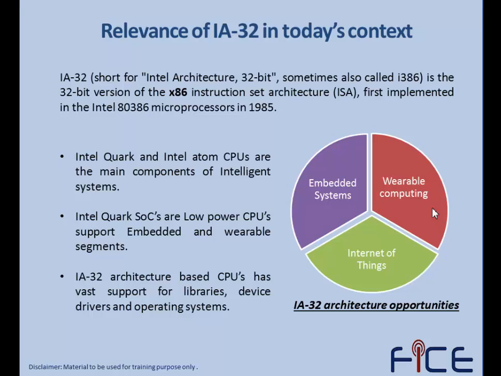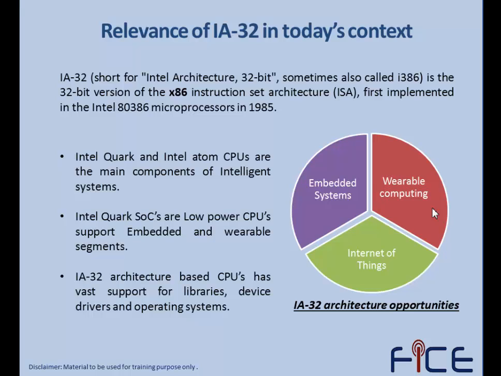There are two main processors or CPUs around IA32 architecture. One is Intel Quark and one is Intel Atom. These two are the main components of designing intelligent systems. An intelligent system can be your wearable smartwatch, any wearable computing device, or Internet of Things gateway based solutions. Similarly, for the low power CPUs, we have the support of Intel Quark SoCs, which are very low power, and